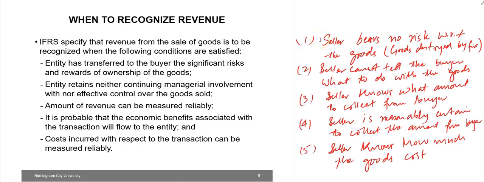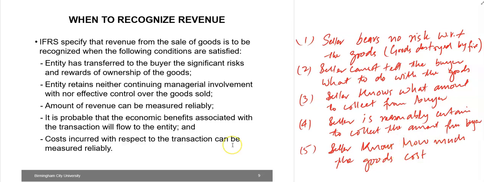These conditions imply that the seller bears no risk with respect to the goods sold. In case the goods are destroyed by fire, it will be a loss to the purchaser and not the seller. Similarly, the seller cannot tell the buyer what to do with the goods, as the seller has already sold them to the purchaser. The seller knows what amount to collect from the buyer and is reasonably certain to collect the amount from the buyer, as well as the seller also knows how much the goods sold